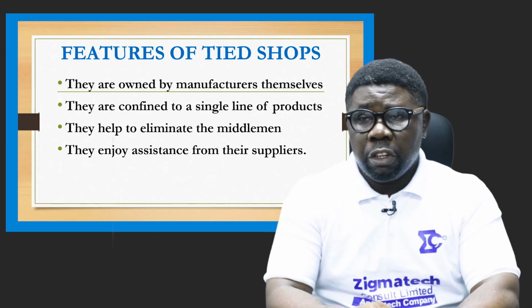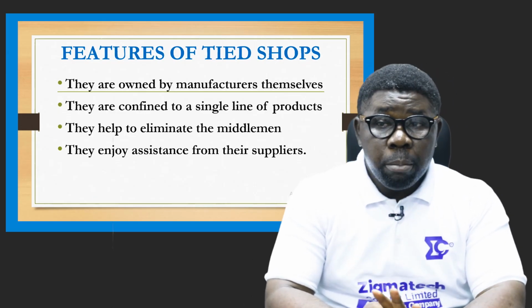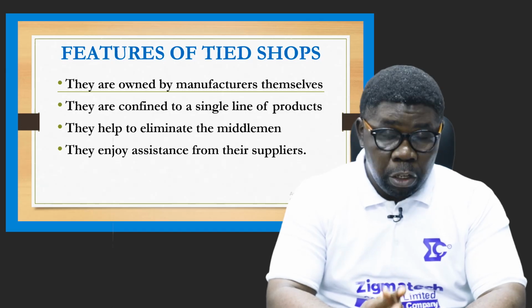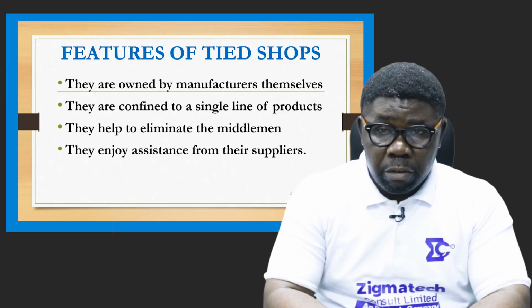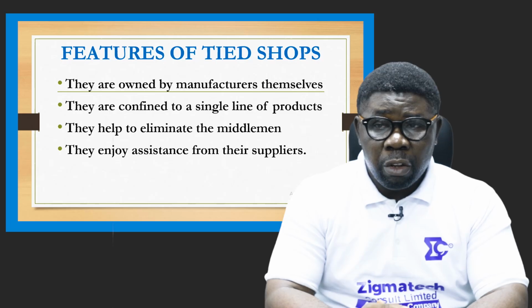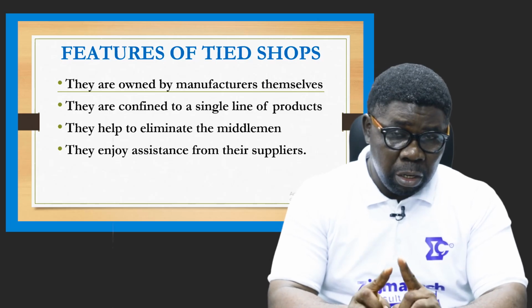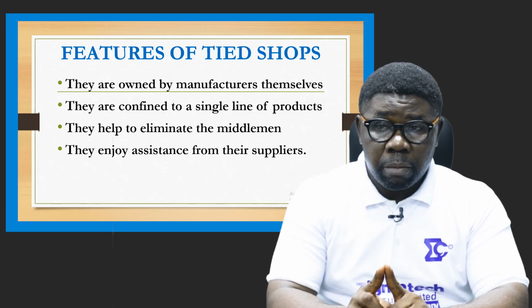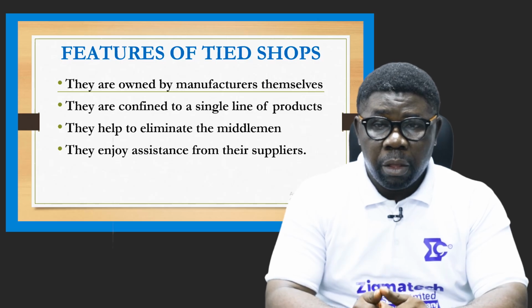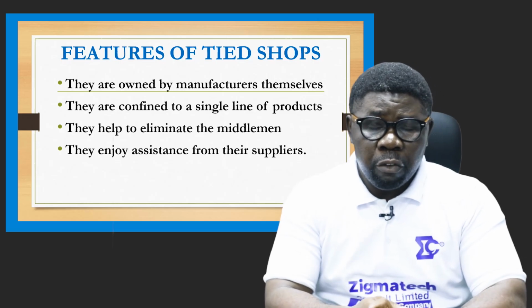What are the features of a tied shop? They are owned by manufacturers. Most times they are owned by manufacturers themselves. They are also confined to a single line of products. They don't sell more than one product from a single producer. They help to eliminate middlemen. Of course,